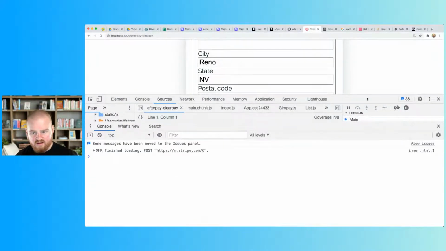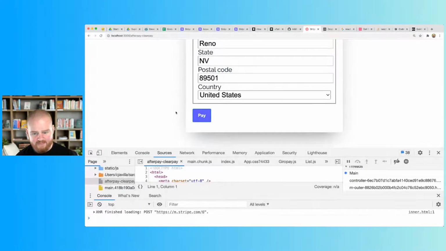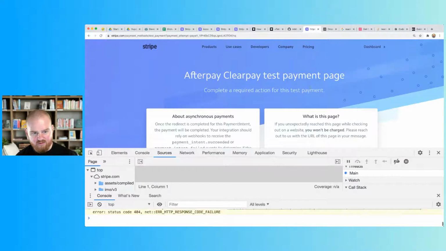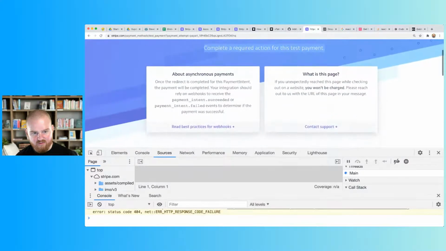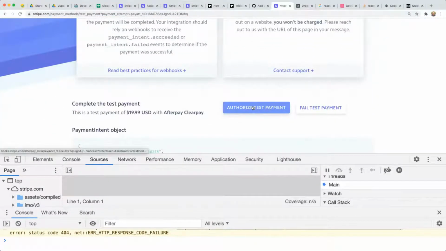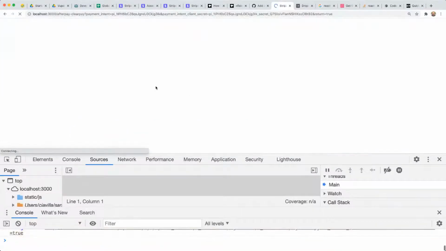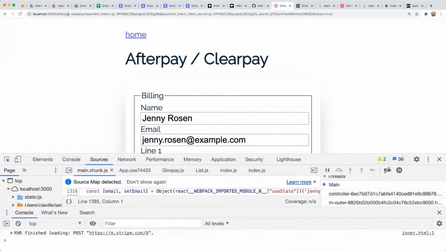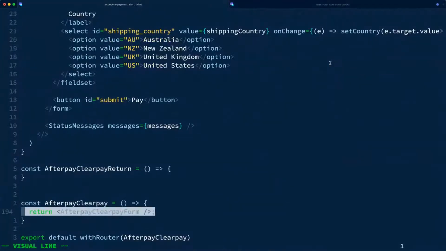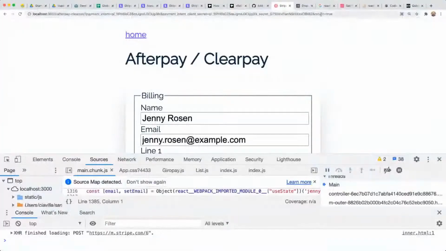Cool. All right, let's give it a whirl. So we click pay. Payment intent was created. And we were redirected to this test page for Afterpay Clearpay, which allows us to click on this authorized test payment and test out the payment. And we're redirected back. In the query string, we see the ID of the payment intent, and we see the client secret for the payment intent, and we see our return true thing, which is great because we need to use that in order to, number one, we're going to use this return true query string variable to know whether or not we need to